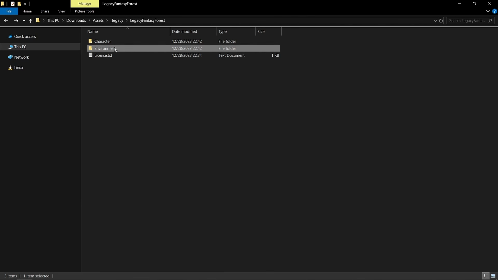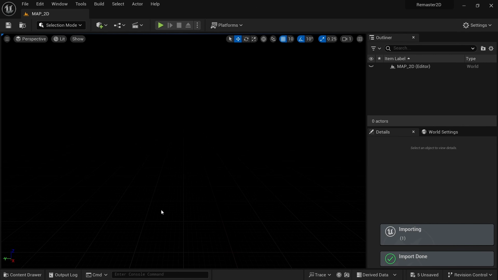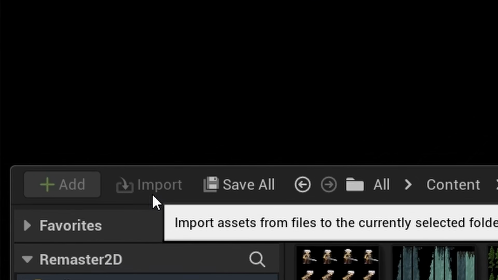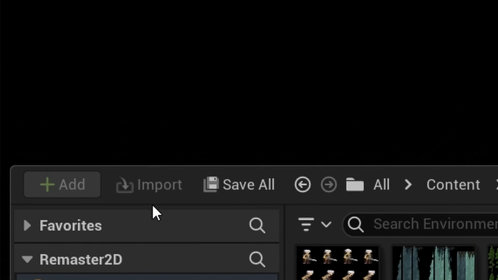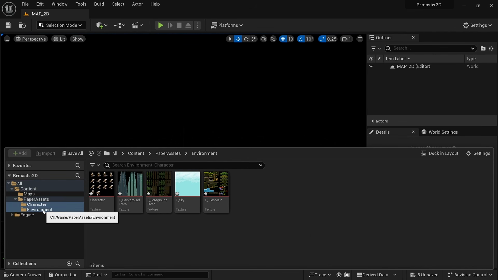We can now just select both the character and environment folder and drag them into our Unreal Engine window. This should work out for most of you, but a few people might have some trouble with this and are unable to drop the files into Unreal Engine. In that case, you can try using the import button on the top left of the content drawer, which usually works around that issue. Now that we have all of our textures in Unreal Engine, let's have a look at